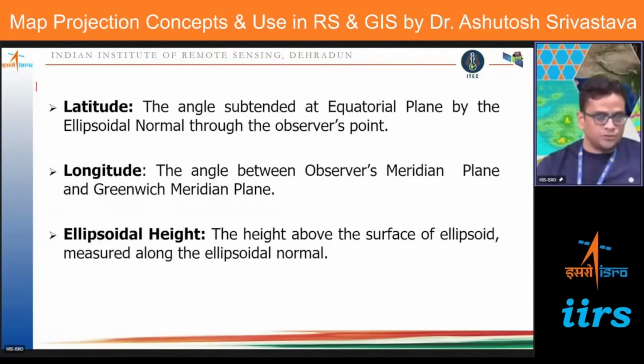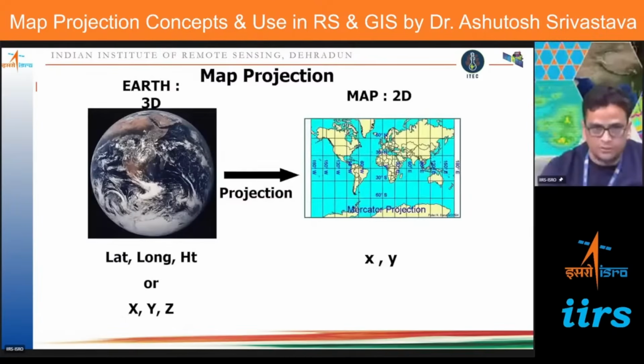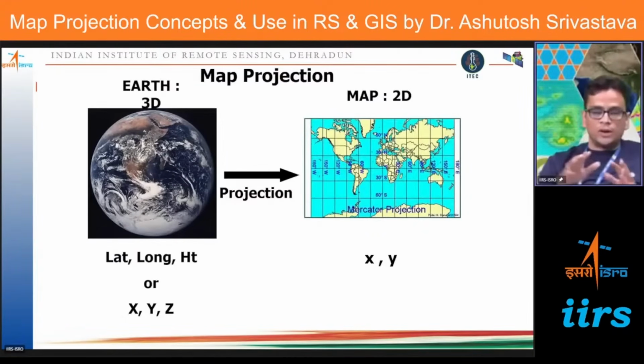So latitude is the angle subtended at the equatorial plane by the ellipsoidal normal through the observer's point. Longitude is the angle between the observer's meridian plane and the Greenwich meridian plane. And ellipsoidal height is the height above the surface of the ellipsoid measured along the ellipsoidal normal. Okay, so this was basically about our datum, ellipsoid and coordinate systems. Now what we will do,